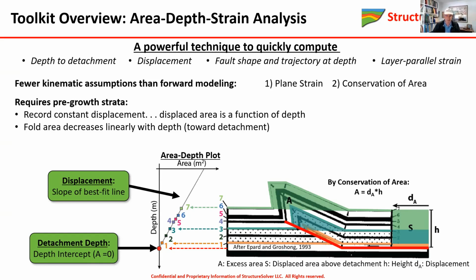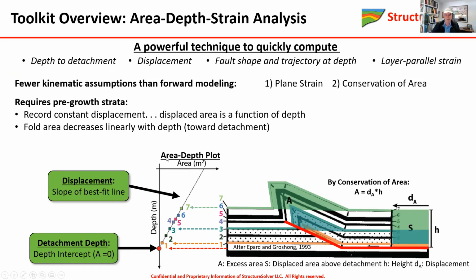So you can think of a series of rugs on the floor and you push them from the side. The innermost rug will be folded in a very strong fold with very small area. The top rug will have a lot of area. The more you contract them, the more you push those rugs in, the greater the area will be. And there's a linear relationship between the area of individual folds and depth. And the slope of that area